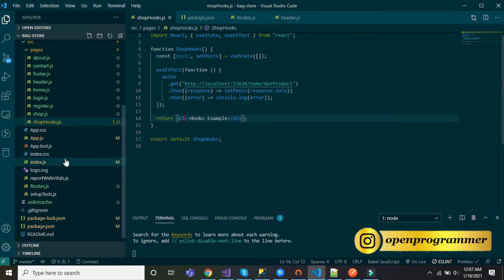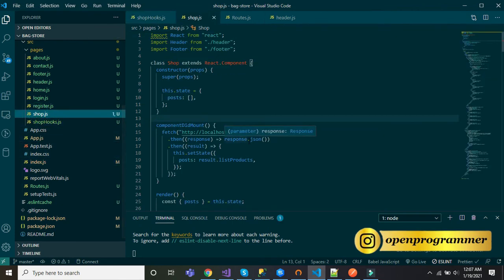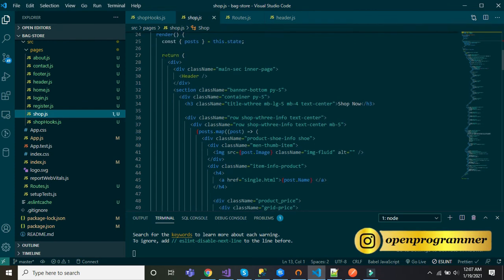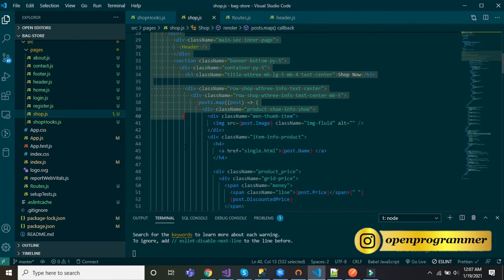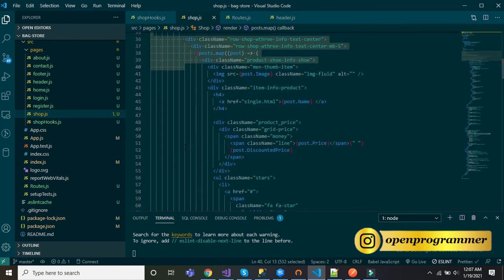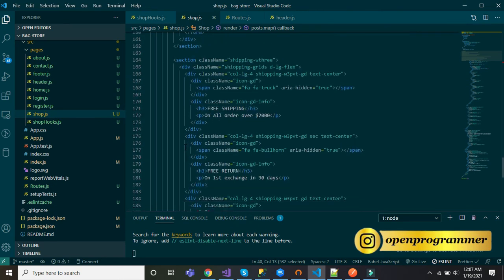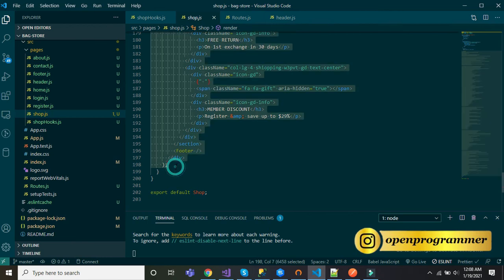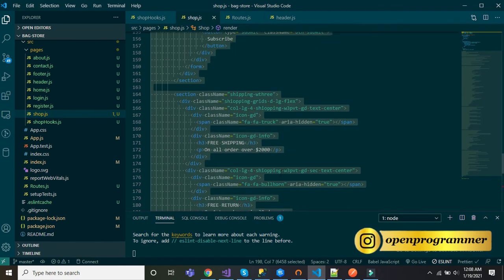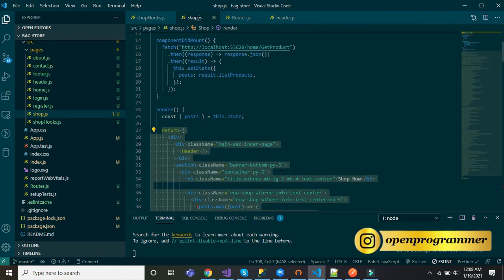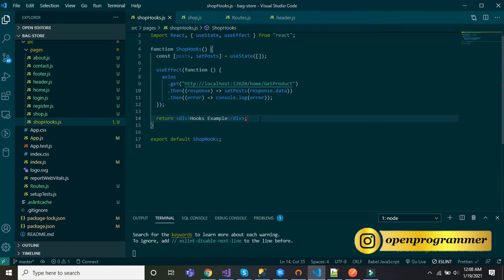Now let's open the shop page, and I'm going to copy this entire return statement and paste it inside this single div.